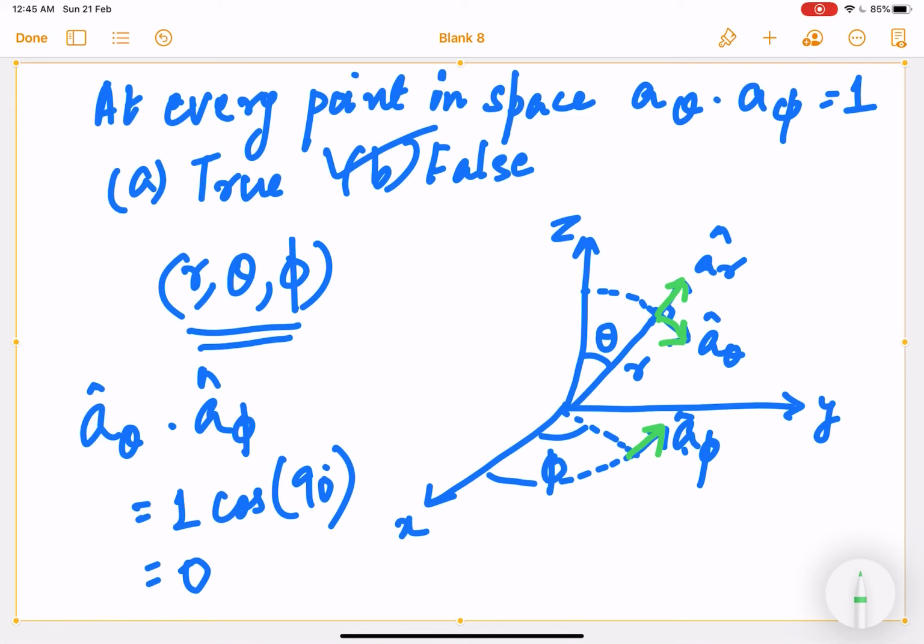See, basically, if you consider a sphere and see it as a three-dimensional structure, then you can understand that these three are points in space. Even though I have drawn it on this plain paper, they are points in space and they are mutually perpendicular to each other. And this will be somewhere inside the paper, whatever the direction of A phi cap is.